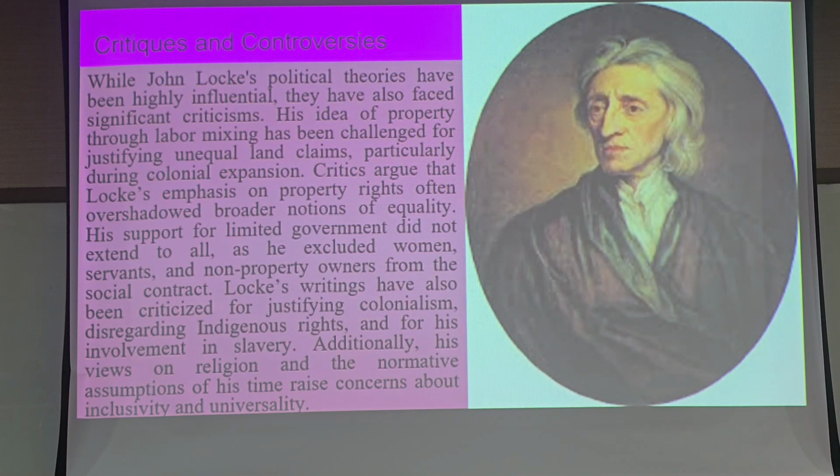Critics and controversy. While John Locke's political theory has been highly influential, it has also faced significant criticism. His idea of property through labor mixing has been challenged for justifying unequal land claims, particularly during colonial expansion. Critics argue that Locke's emphasis on property rights often overshadowed broader notions of equality. His support for limited government did not extend to all, as he excluded women, servants, and non-property owners from the